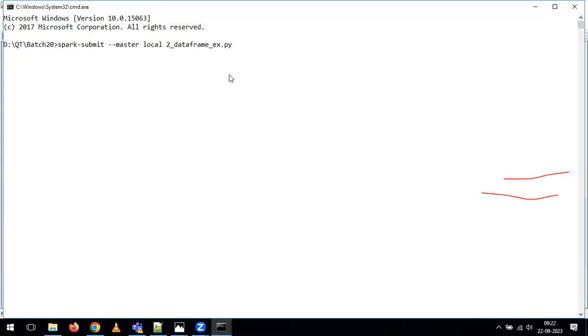Then we are giving the local. Then we are giving our script name and now we just need to click on enter. Now, what are we doing indirectly by using this command? Try to give the answer. With the help of this command, we are just triggering our PySpark application. Whatever PySpark program you triggered earlier in PyCharm, the same program we are triggering with the help of our